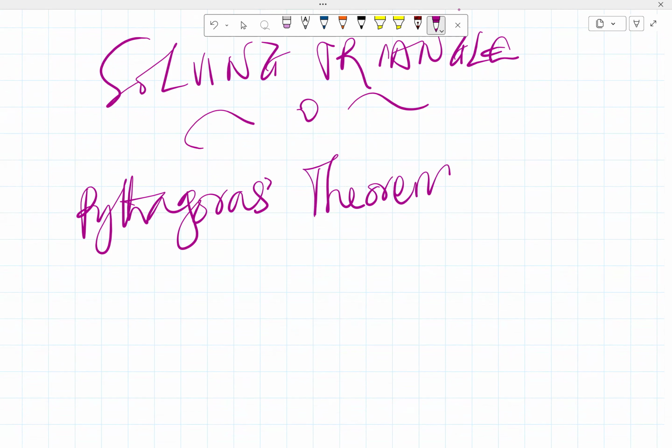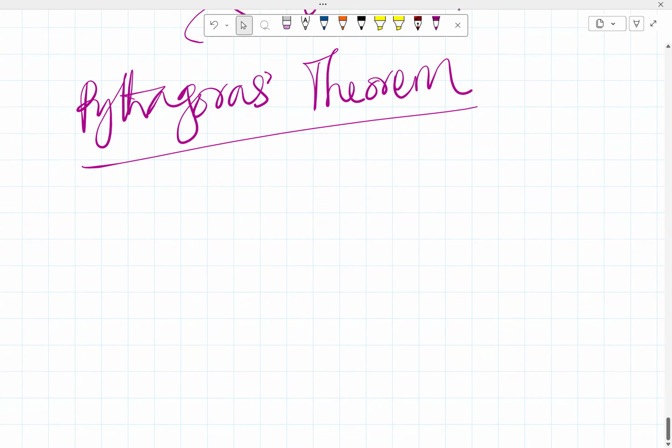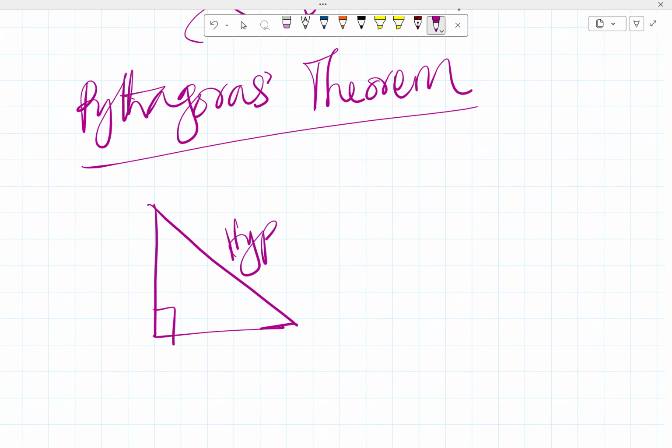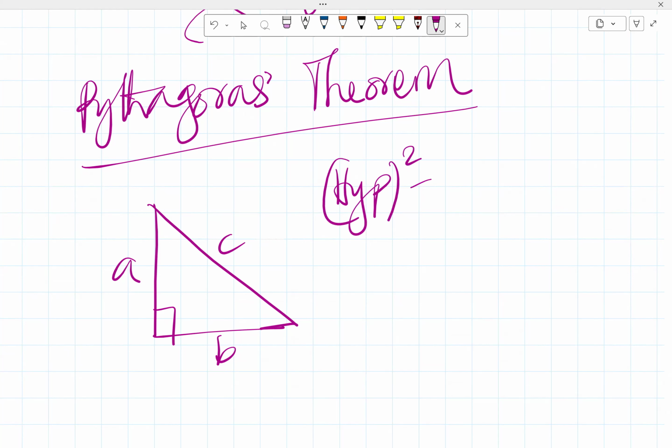If you look at the playlist on trigonometry, I think I showed how to prove the Pythagoras theorem there. So in this case, I won't bother. So first of all, you need to get a right-angled triangle out like this, and we know that this side is called the hypotenuse, and the other sides are called the adjacent sides. So let's imagine that this is A, and this is B, and then this is C. So the Pythagoras theorem simply tells us that the square of the hypotenuse is equal to